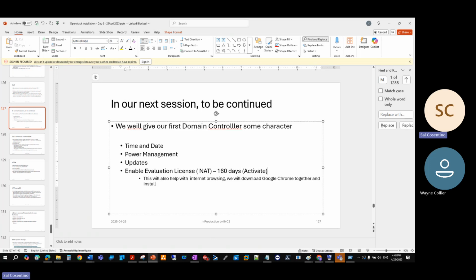So by giving it NAT, we're activating our domain controller. Then there's time and date, time zone, which we talked about. Power management, I'm going to show you how to turn it up, and then updates. We'll talk about sconfig.exe,